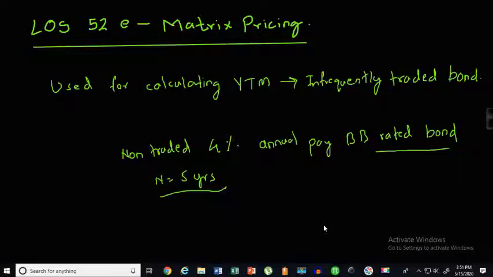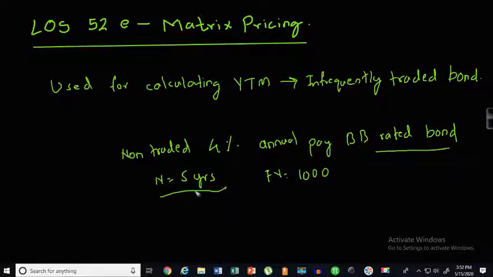Now let's first have a look at why we use matrix pricing. It is used for calculating the YTM of an infrequently traded bond. So if you want to value a bond which is infrequently traded, the YTM for which is not available on the market or on any government website, then you use this matrix pricing. You compare similar bonds and then you do this simple interpolation. That's it. Now let us say that we have a non-traded 4% annual pay bond